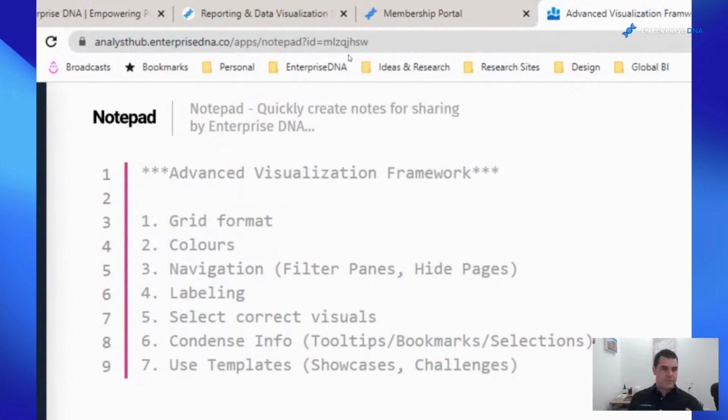I personally feel like this covers it. Each point here can be quite broad in its definition, and there's quite a few things that could sit underneath it. But if you approach your visualization with this framework, with these ideas, I've pretty much no doubt that you're going to improve what you're producing. There's no doubt about it in my mind.